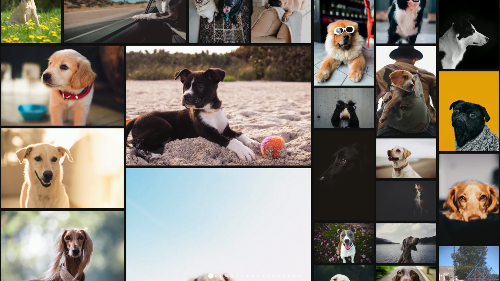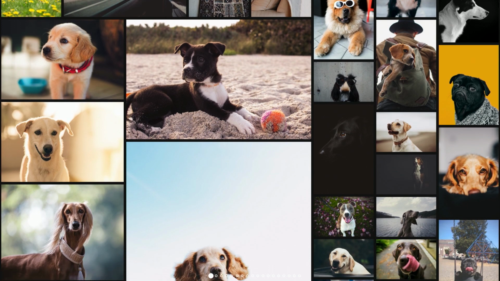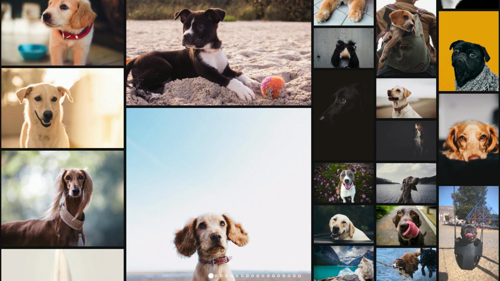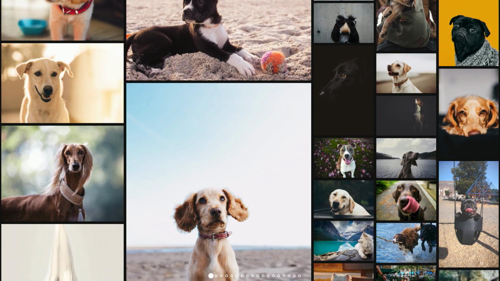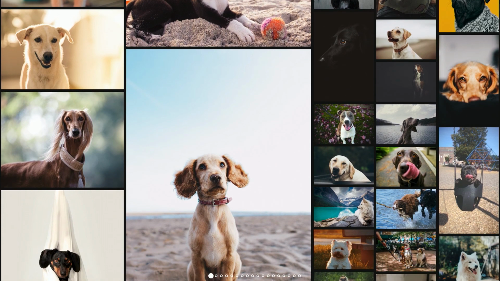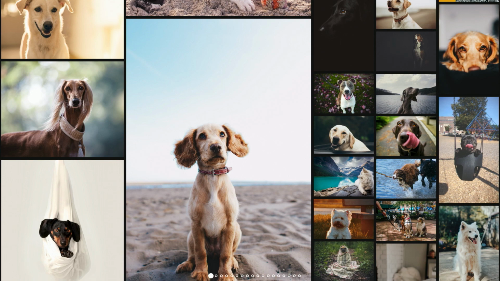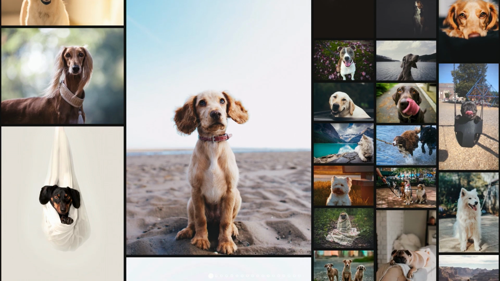So I wanted to create this dog application because I love dogs so much. I just want to sit there and scroll through it all day. I like fluffy dogs, dogs with floppy ears, pointy ears, even ones with funny glasses. And so I built this application, and it uses what's called a masonry layout, which is super great because you can load elements of different sizes, and they fit well together. And it uses infinite scroll so that you can just keep going through the website to see more dogs.